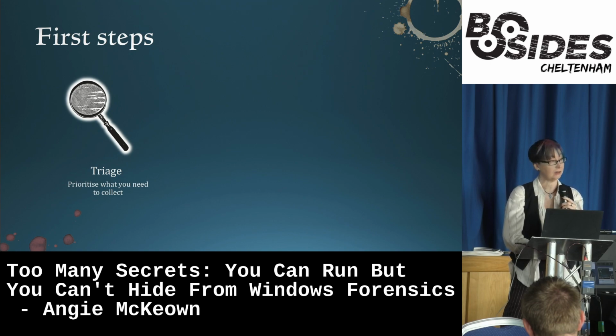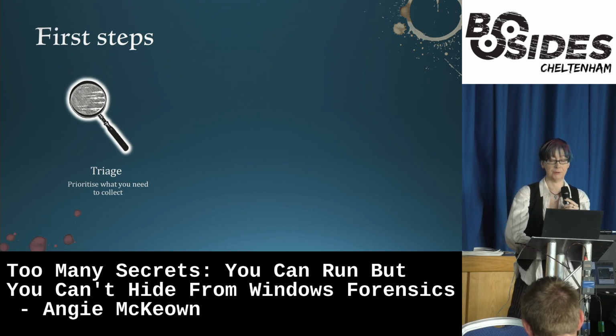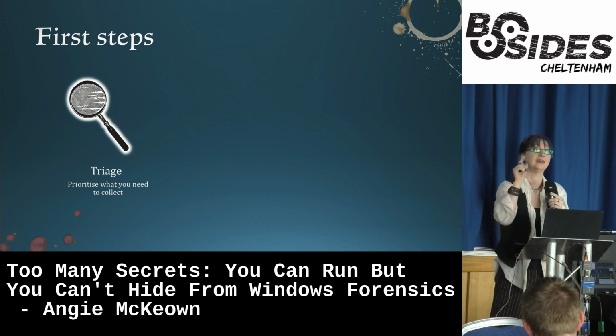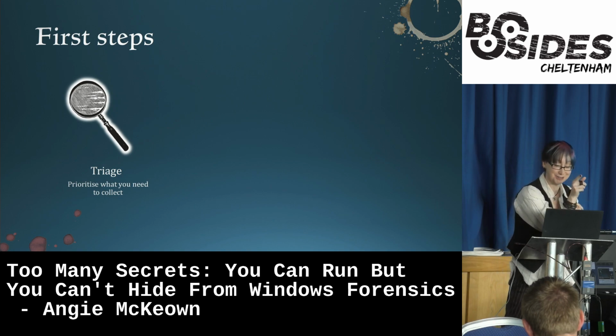Other volatile data that you can grab from memory is things like current active network connections, any running apps and listening ports, and now is also the time to collect data from cloud services if you're legally authorized to do so.